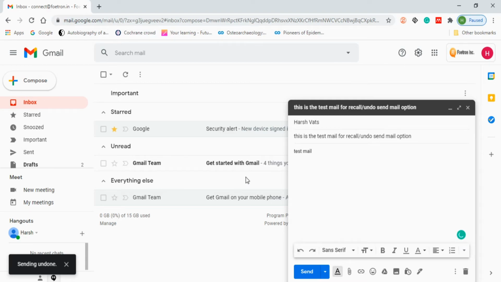So this is one of the best features of Gmail which you should use at the maximum capacity, that is 30 seconds, and 30 seconds will save you a lot of trouble in the long run.